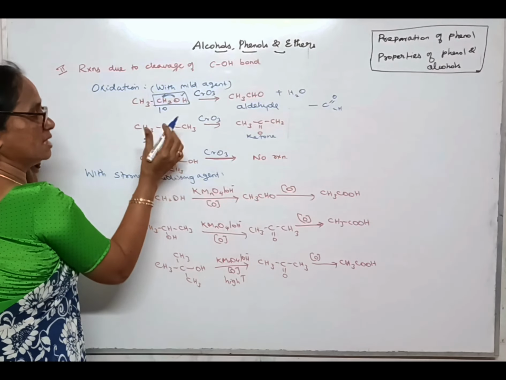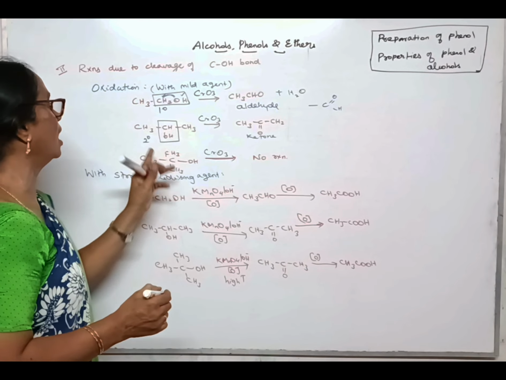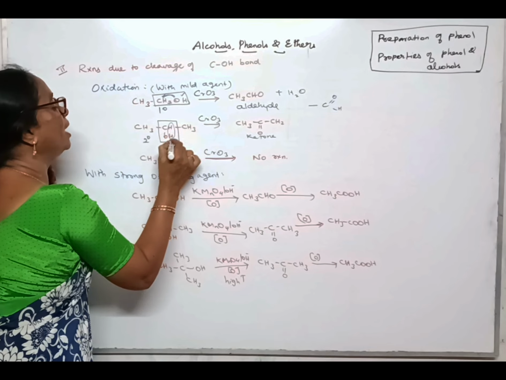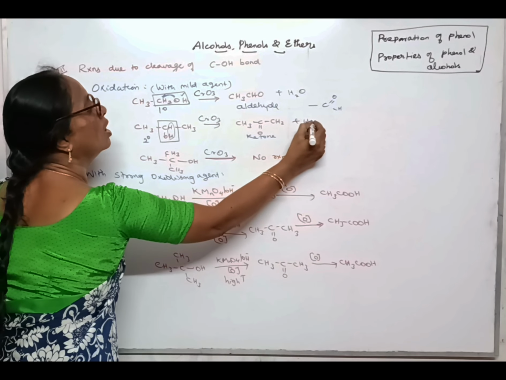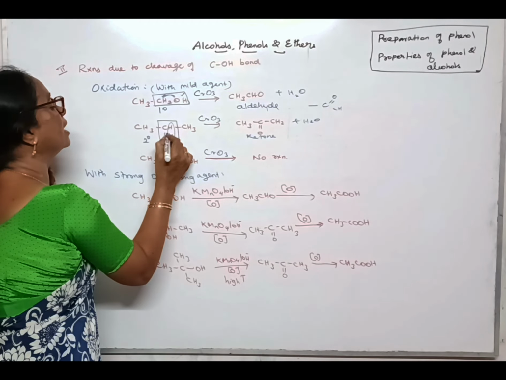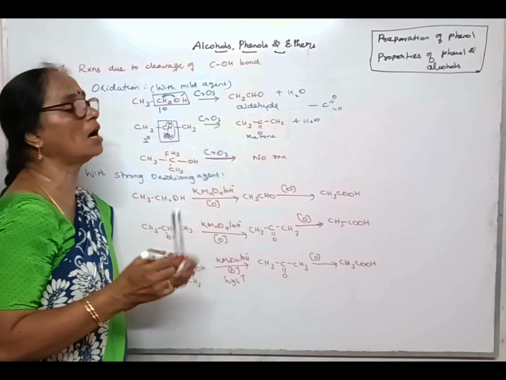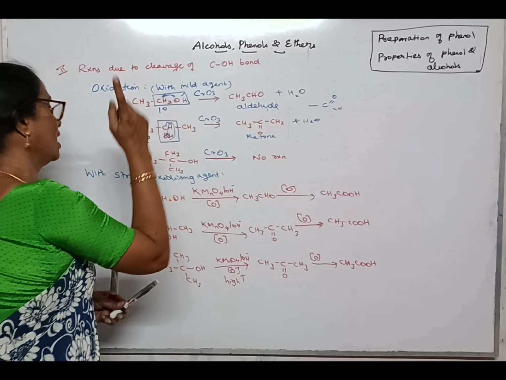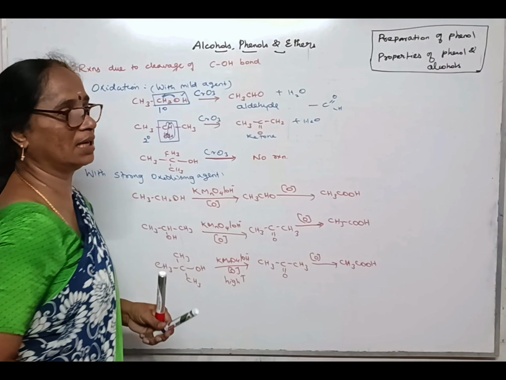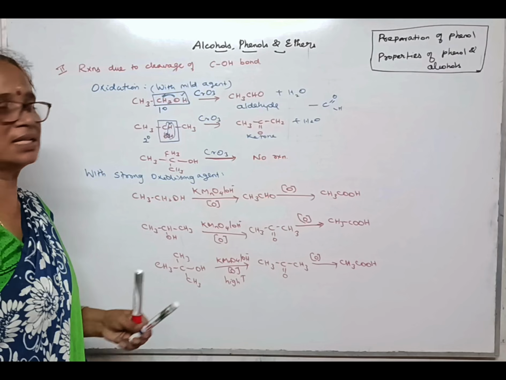Similarly, when you consider 2-propanol or isopropyl alcohol, a secondary alcohol, these two hydrogens are oxidized to water, and hence with the removal of hydrogen, the bond can move like this, making a double bond between carbon and oxygen. So secondary alcohol gives ketone, primary alcohol gives aldehyde, but a tertiary alcohol with a mild oxidizing agent,